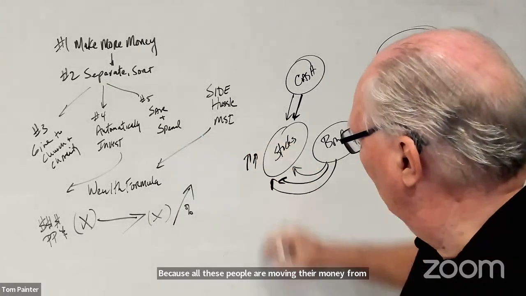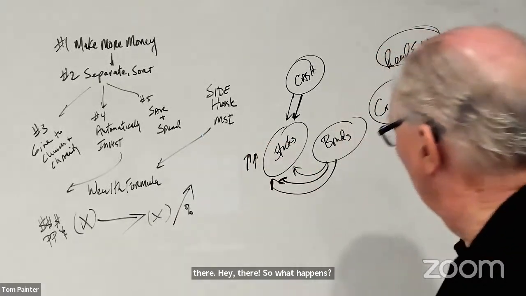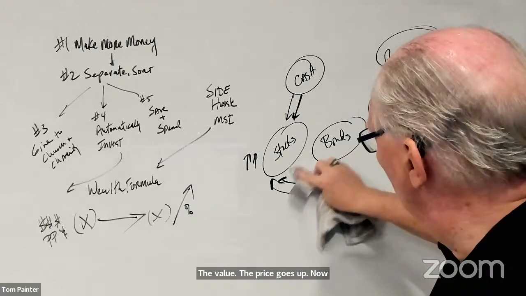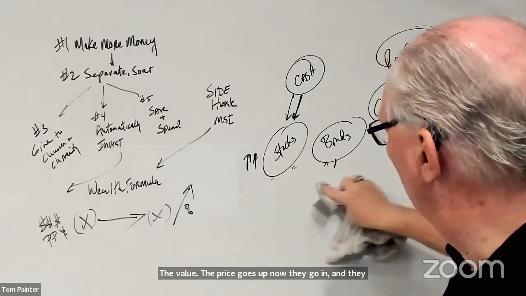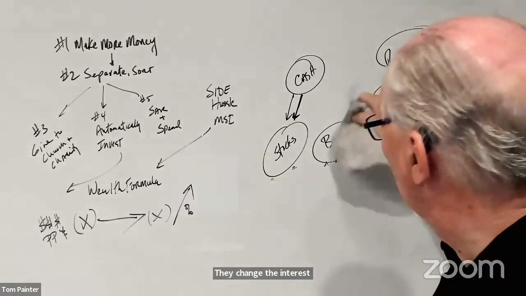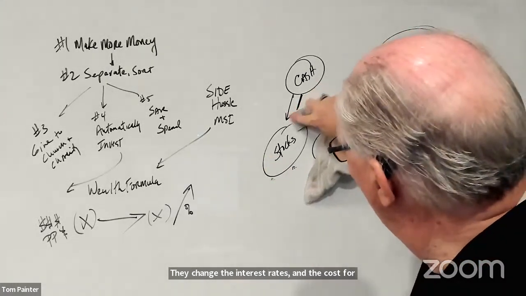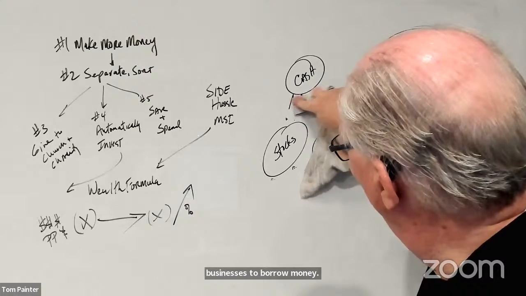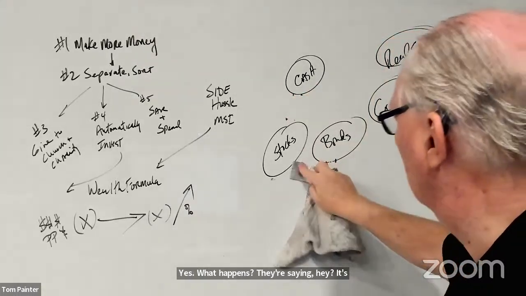The price goes up. Now they go in and change the interest rates, and the cost for businesses to borrow money changes. Guess what happens? They're saying, hey, it's going to cost these businesses more money to run their businesses. So what's going to